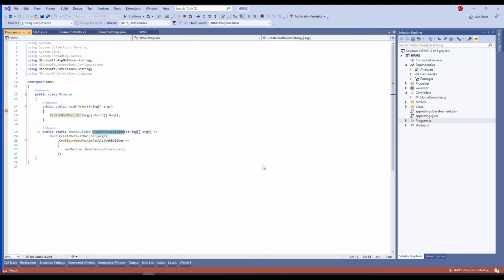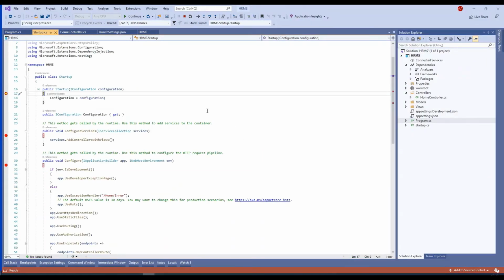Here it is. In CreateHostBuilder we are using webBuilder.UseStartup, so from here it is going to call Startup.cs. Let's check. Here it has come to Startup.